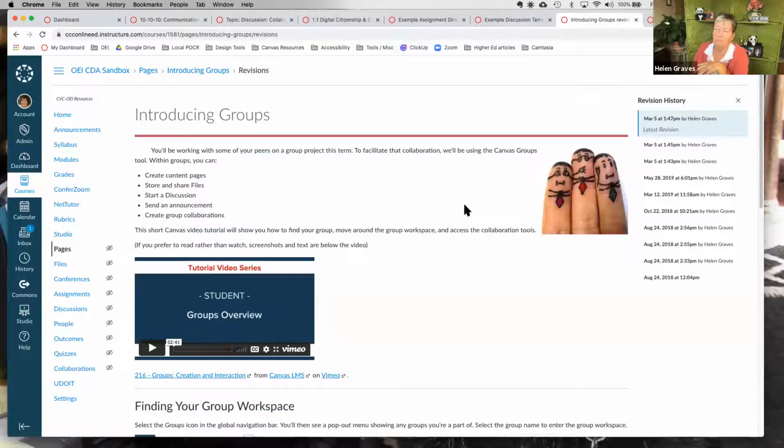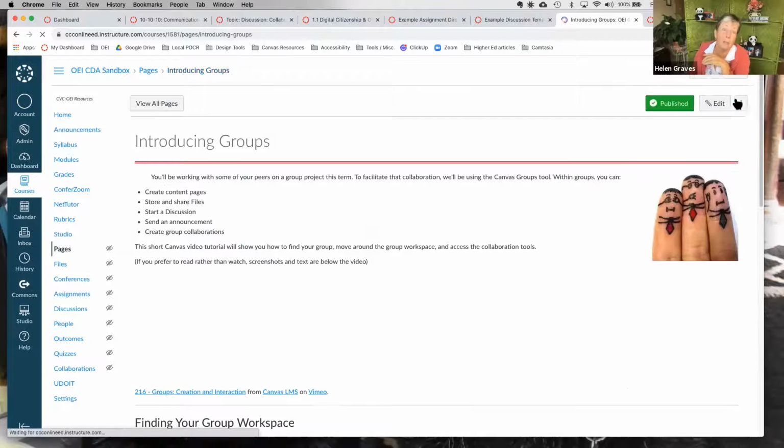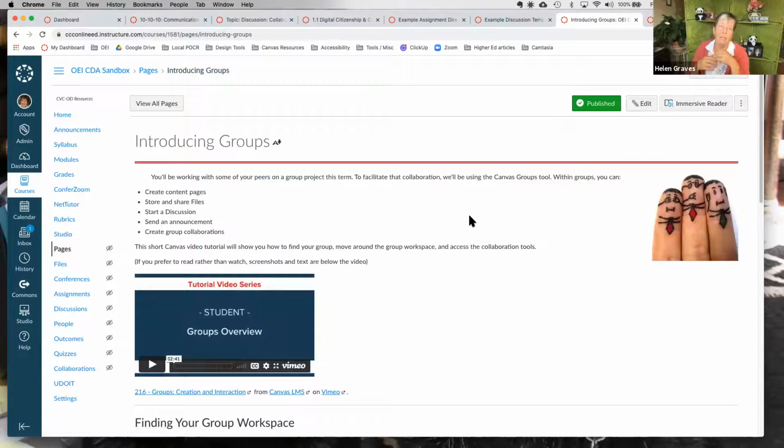No muss, no fuss. So when you're playing around with things, that can be really a good time saver. If you've, like me, totally messed up a page with something you were experimenting on, tabs or columns or something like that, you can easily go back to where you had it before. It's not available on discussions, quizzes, or assignments. So if you're going to play around with one of those, make a copy of it and play around with your copy. But on pages, you have the restore previous version.